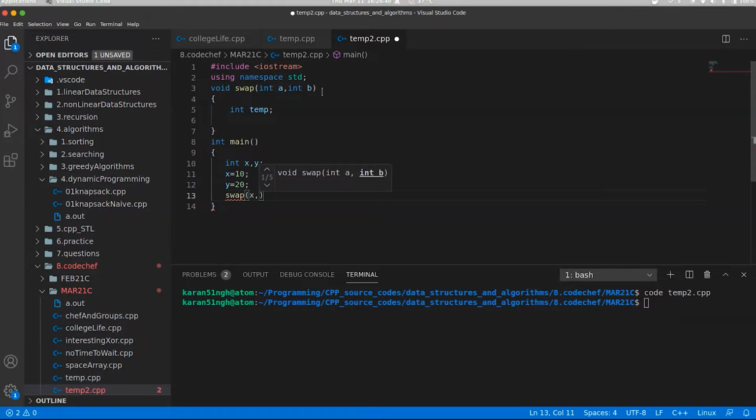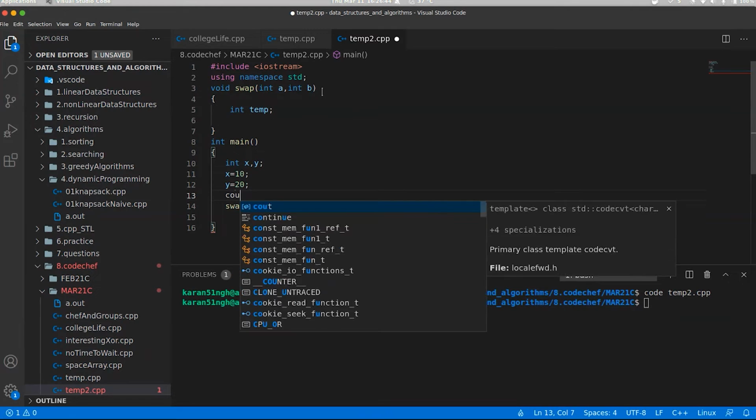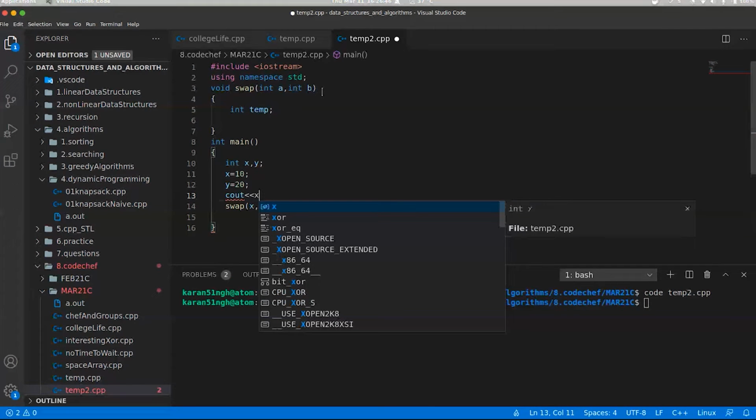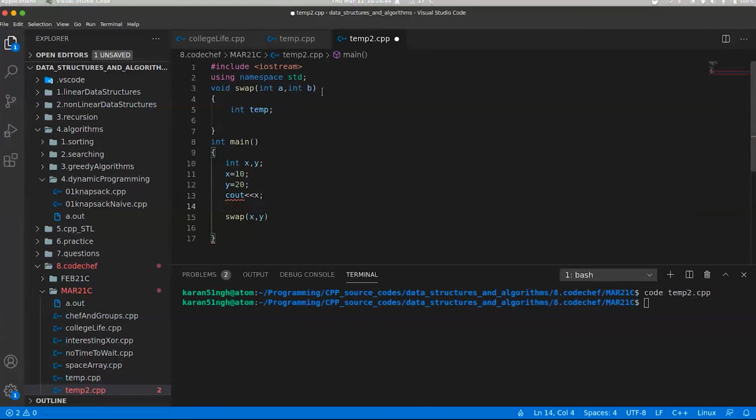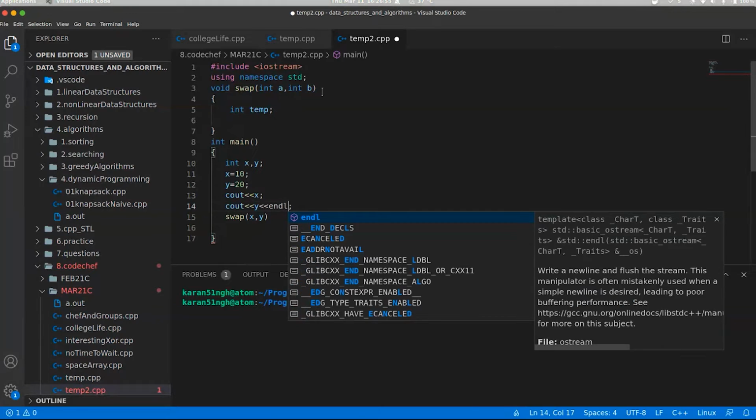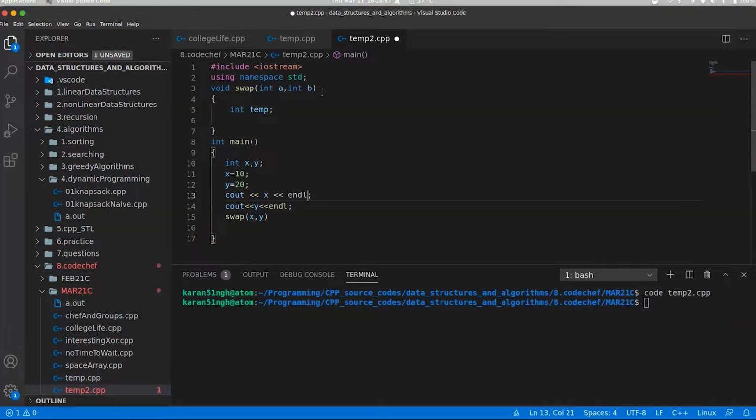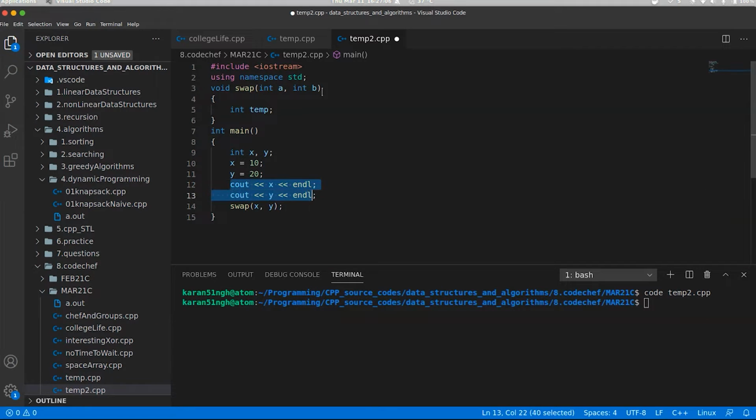Swap x comma y. We'll print our x and y before swapping, and we'll print out cout the values of x and y after swapping also.